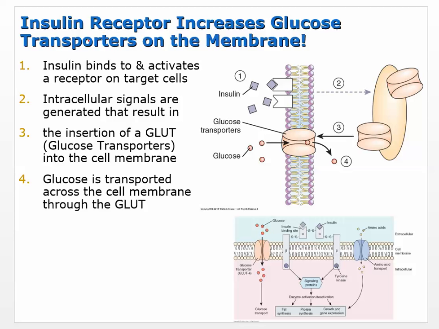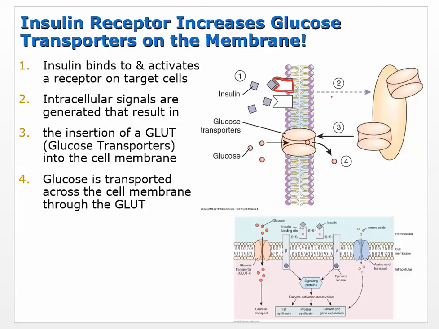All right, so the question is, we have this insulin release and it's decreasing glucose in our blood, but exactly how is it doing that? We've talked about how glucose moves into all these cells: the adipose, the skeletal, and the liver. Well, how does the glucose move in, and how does the insulin cause that to happen? Well, there are receptors on those particular cells. Remember, hormones only have an effect on cells with a receptor. There's a receptor for insulin on those cells.